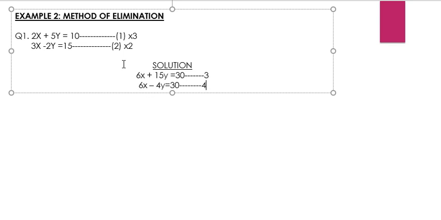With this one, we want to get rid of x. When you introduce a positive sign, it's not going to be possible, because we're going to get 6x plus 6x, giving us positive 12x. But here's a case whereby we want 6x minus 6x. We want to eliminate this x, so you introduce a negative sign. So let me do that quickly. Therefore, when you subtract,